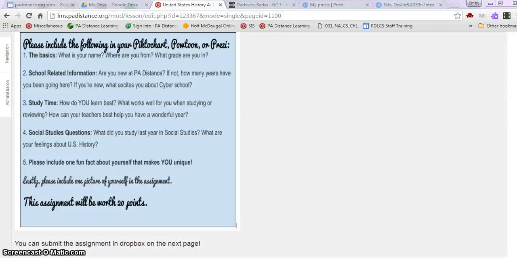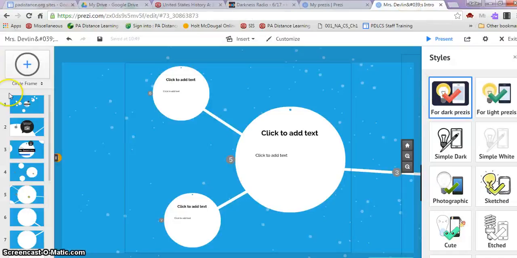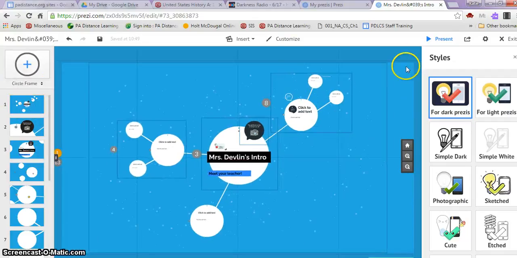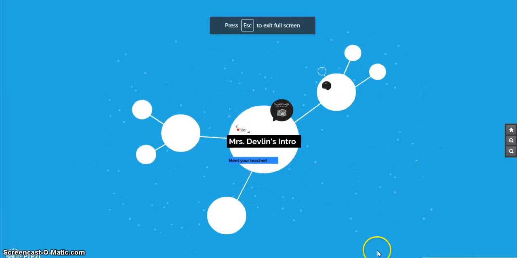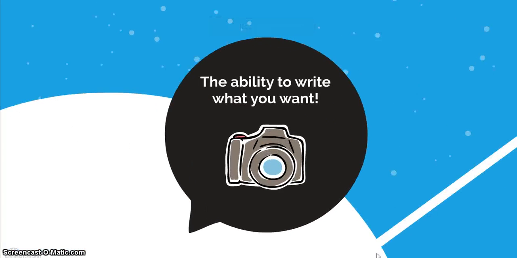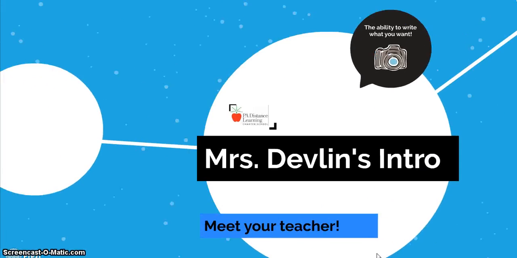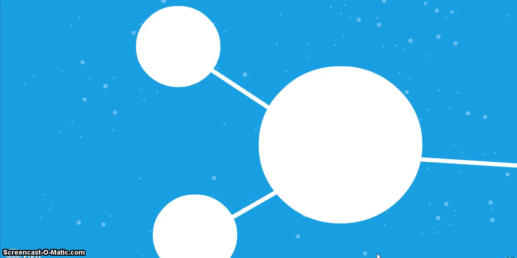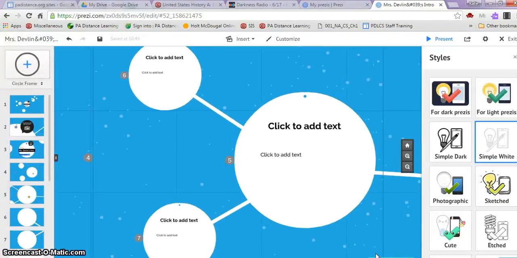So once you've added all of those items to your Prezi and made it the way you'd like it to, you can preview your Prezi by going to the beginning, clicking on the Present button, and using your arrow keys on your computer to get you through it. You can always click the Escape button from there, and then once you're finished,